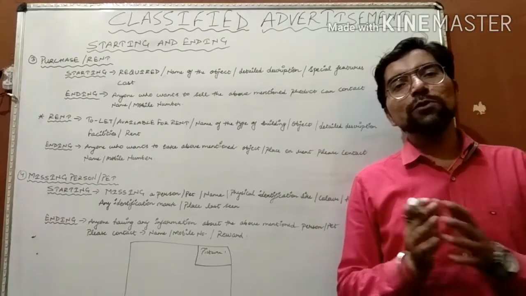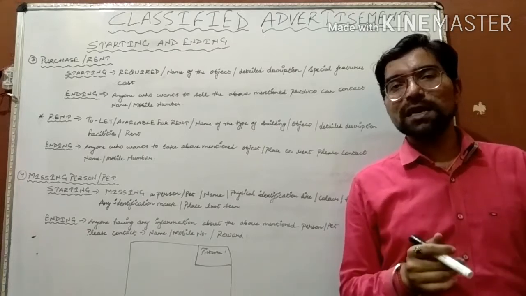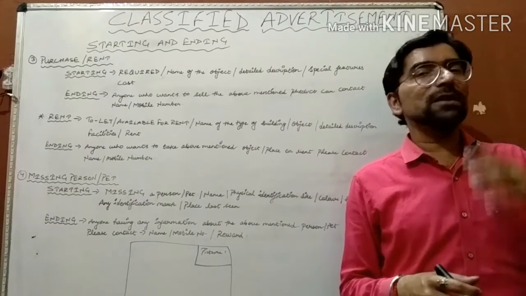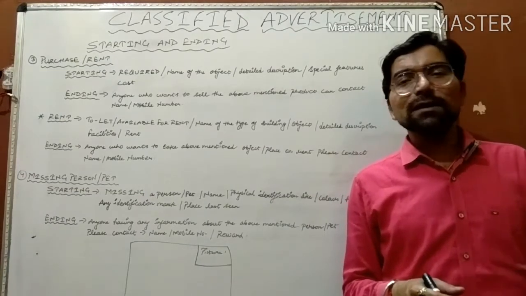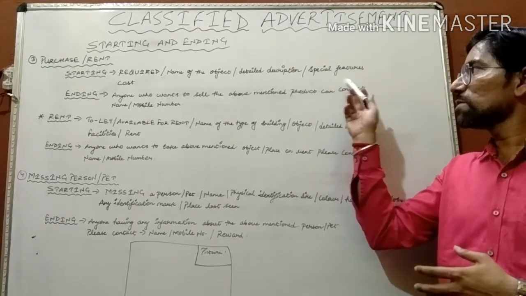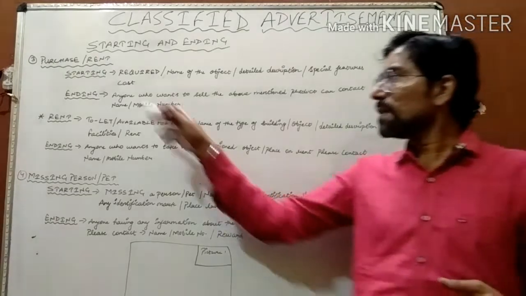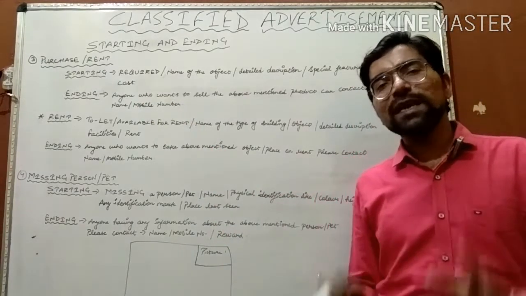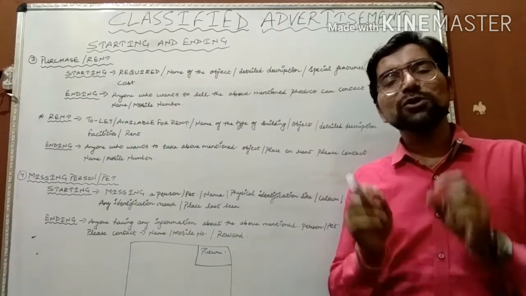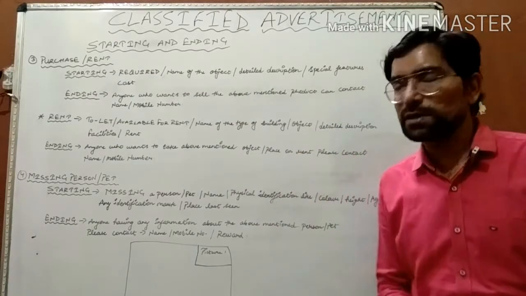Once again, as I have told you in the example of sale, if you are selling your motorcycle, then you must disclose your specifications like average, the color, make, model and type of that vehicle. In that same manner you have to disclose special features like accessories and all. And then cost. Once again you have to write the cost in range. There should be a range in the cost you want to purchase that particular commodity.